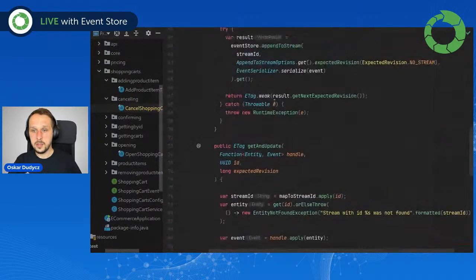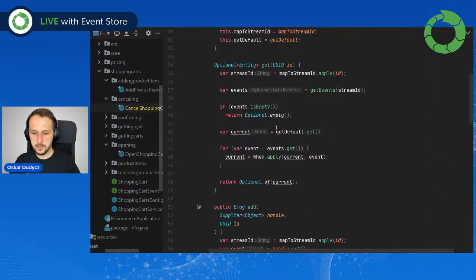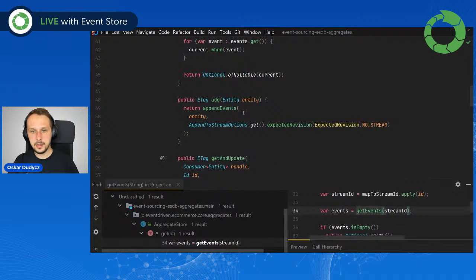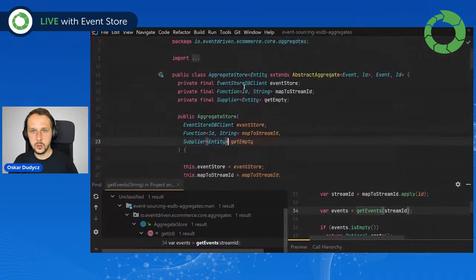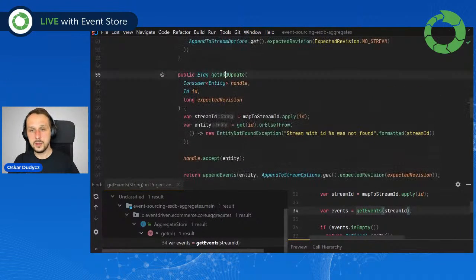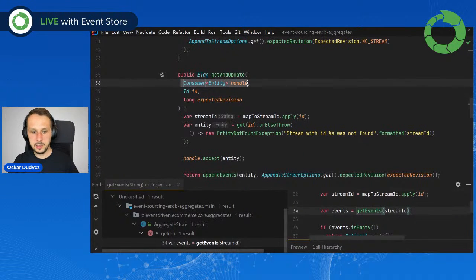So in the functional way, it will look the same, but we are just calling another method. So we are just calling the when, as I mentioned, we need to pass it here. So we are again in the aggregate and aggregate store. So we can use this get method, for example, to define the method get and update. Get and update will take a functional interface that will define what we will be doing with the following entity ID, because we need to load it, and